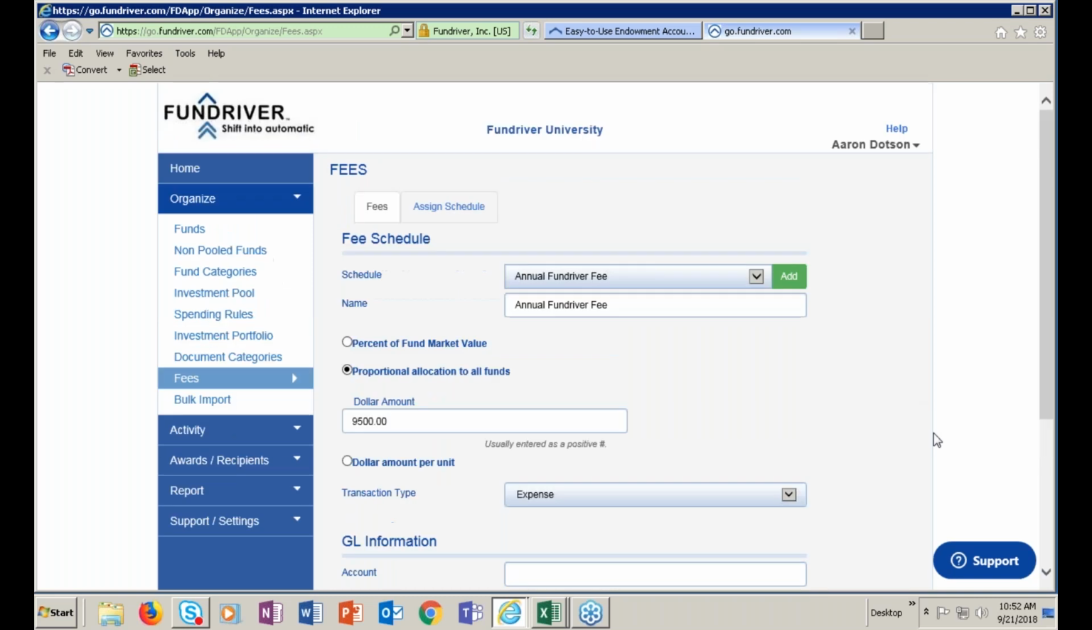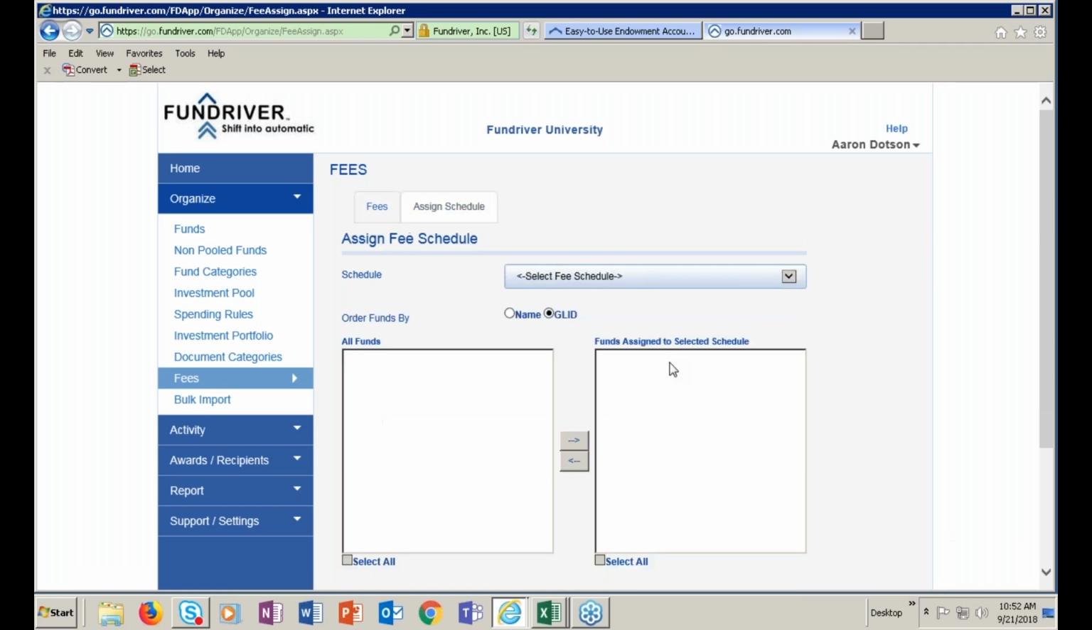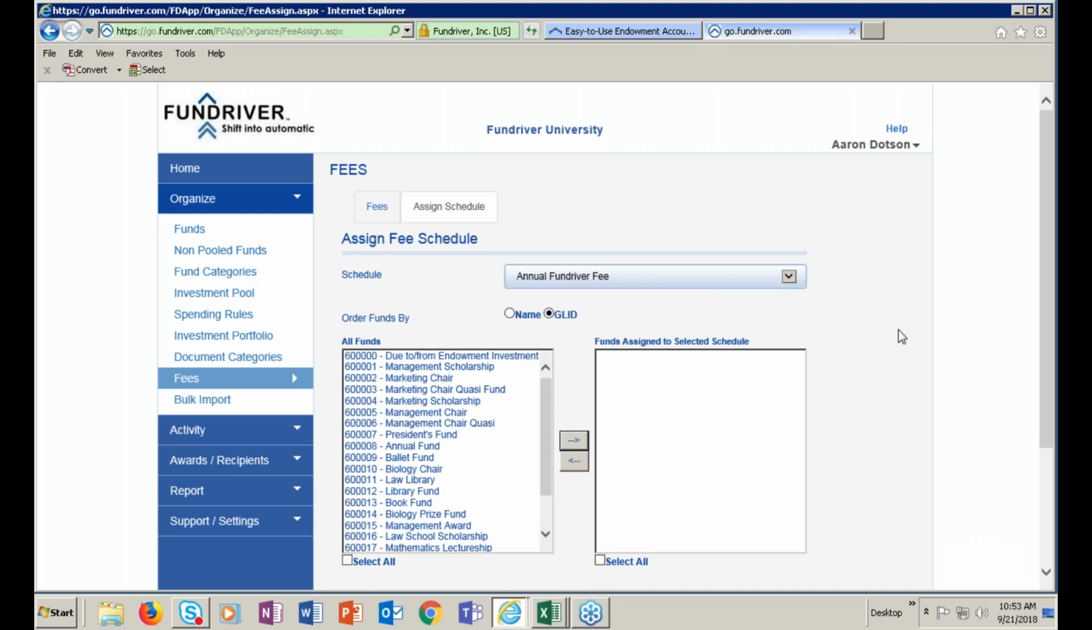So once you've set up a fee schedule, the system doesn't assume that everyone is participating in it. So you then have to assign funds to that fee schedule. So you would go over here to Assign Schedule, select the fee schedule that you set up, and then on